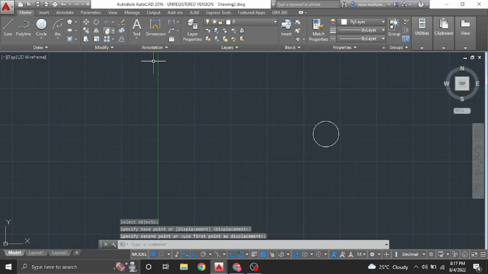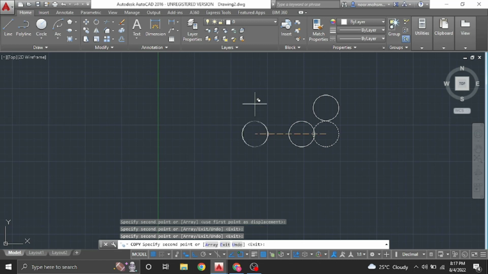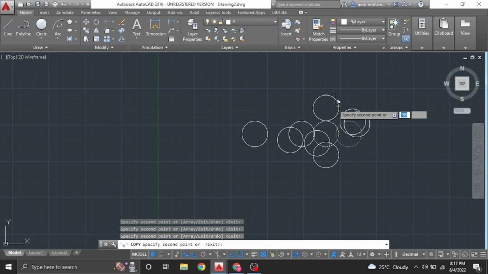In the same way, we have the copy command. We can select this one and press enter, and you can copy with the specified center. So you can copy the element. And next, you have